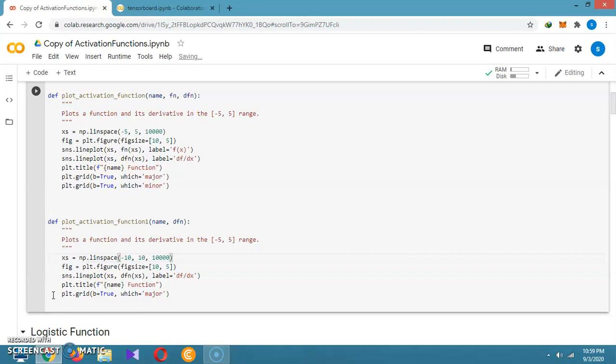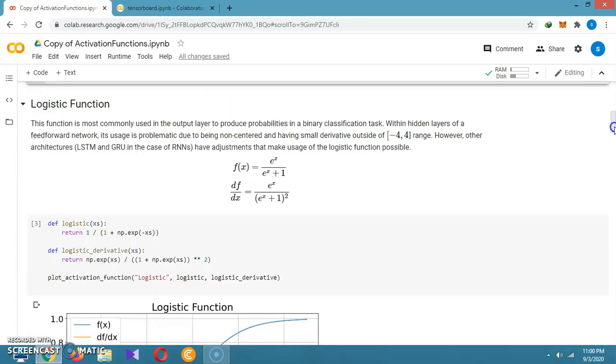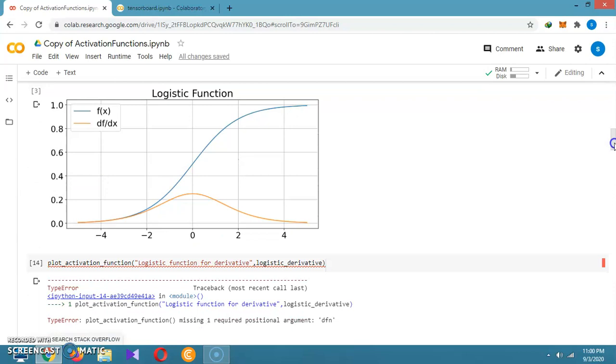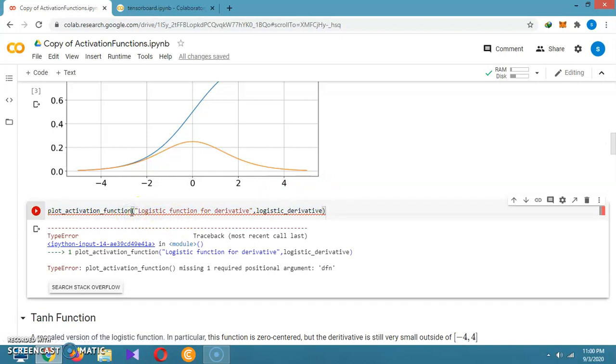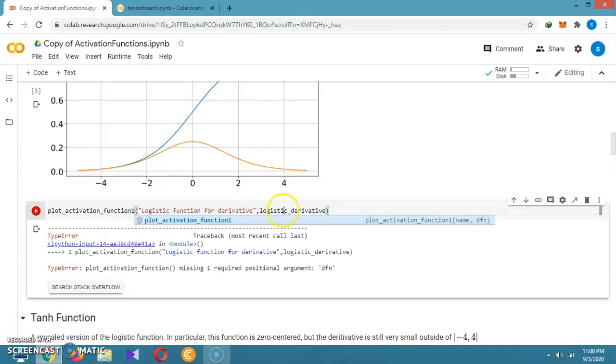Okay, then sns. sns is Seaborn, so it will give you a more attractive look. Then after that we are giving the title as the function, and with the help of grid we decide whether we need a grid or not. At the time of running, it will show the grid lines; if we don't need them, we give b equal to False, so it will not give us the grid. Okay, that function we are writing now, it's showing one error.